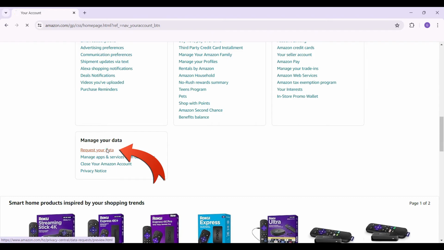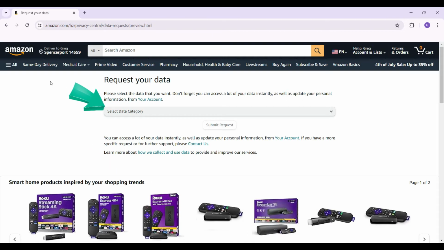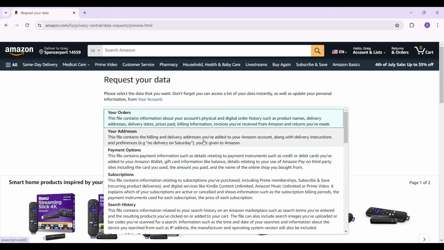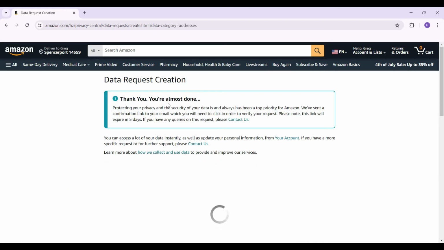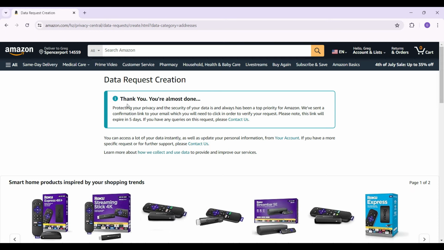Simply click on it. Then from this section what you guys need to do is simply select the data category. I'm gonna click on this drop down button right here and select the category that I want. Once everything's okay, I'm simply gonna hit on Submit Request. And guys, that's it. As you can see, a confirmation link has been sent to the email address in order